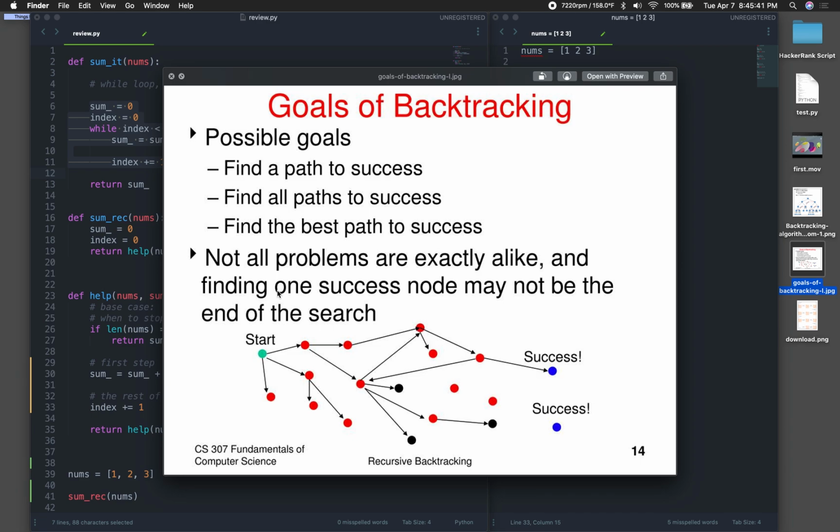But the idea of recursive backtracking is that inside your recursive function, you want to open up all of the different paths. So let's say that you had 3 different options, right? You want to explore all of the options, right? And so you go over here and you explore the first option, and that leads you to a dead end. Then you explore the second option, and that option has a couple more options, right? And then you're over here on the last option, and that has some more options, right? And so the idea is that you explore all of these paths, and they open up like this. And when you reach a dead end,